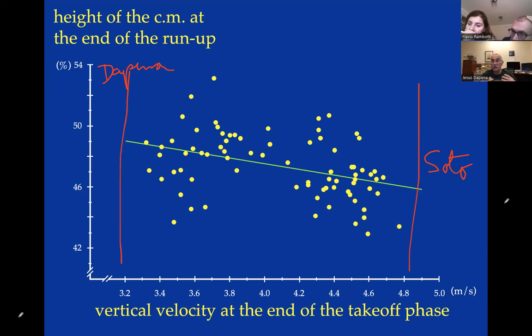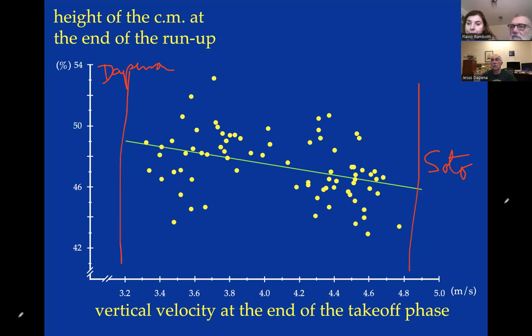Now, we know that 46% is the optimum for this person, but they don't know this. So the friend says, hey, try coming in a little bit lower. Come in at 43%. So the athlete comes at 43%, and it's difficult to run that low. It's very uncomfortable, but he comes in at 43%, puts the leg on the ground, the leg collapses, he goes straight into the pit. Or maybe it does not collapse completely, but it flexes a lot and extends with a lot of difficulty, and you get a jump, but it's a lower jump than what he got at 46%.